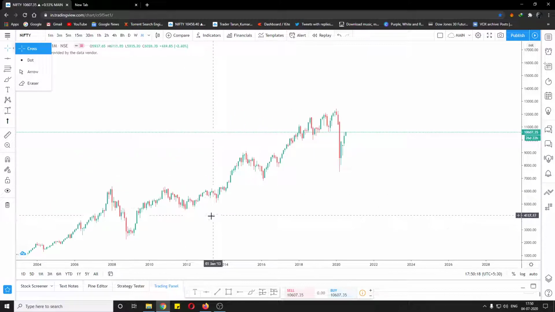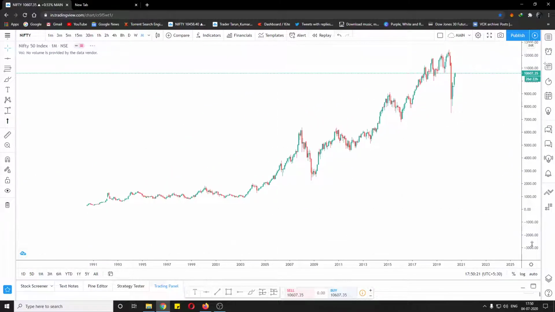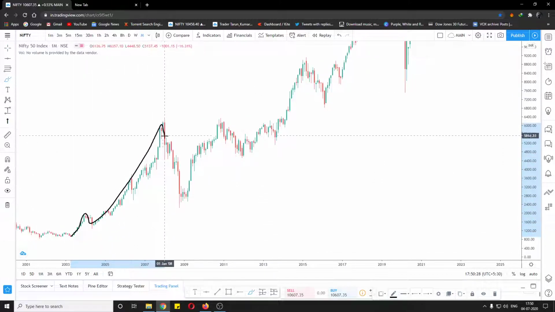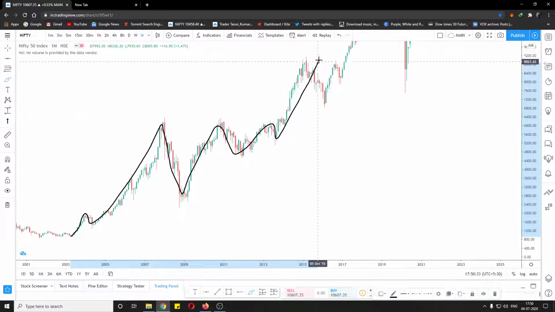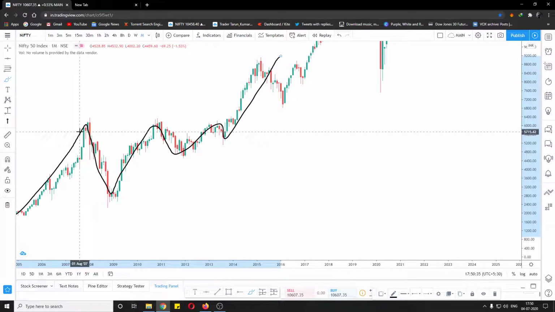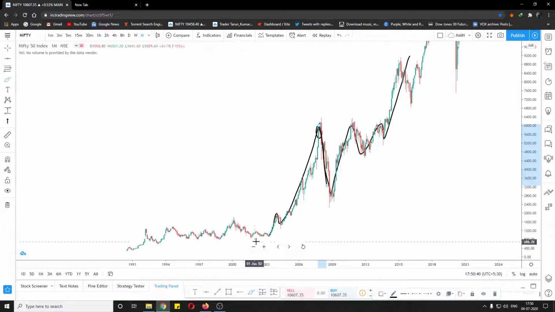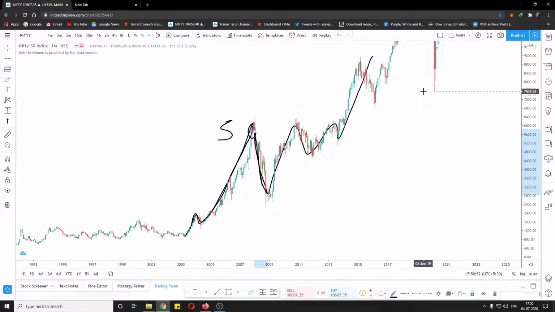And if we see the 2008 correction, people call it the crash, I call it the correction. If we see, the bull trend was a very long bull trend, and this move can only be called a correction in the bull market and not a crash. For the people who entered here, this is a crash, but for the people who are in the market for a long time, the bull move started in 2003 and it lasted 5 years. So this is just a correction for that move and not a crash.